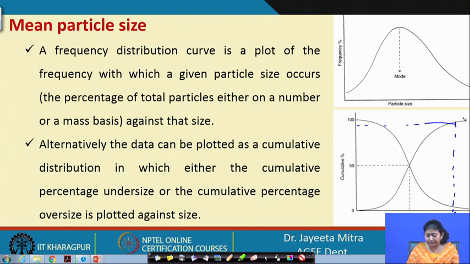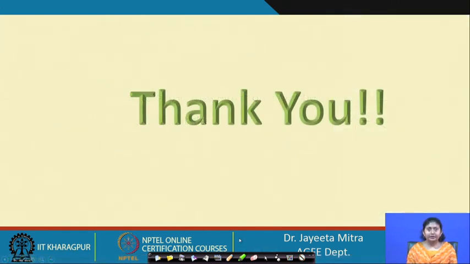So, both the cumulative mass fraction and frequency distribution are done, and from this we can get very good insight into the distribution of the particles in terms of how many fractions are dominating, which is the maximum size, which is the mean surface diameter. So, many conclusions we can draw from this particle size distribution analysis, right. So, we will stop here and we will continue in the next class. Thank you.